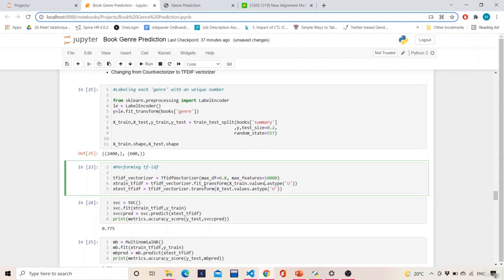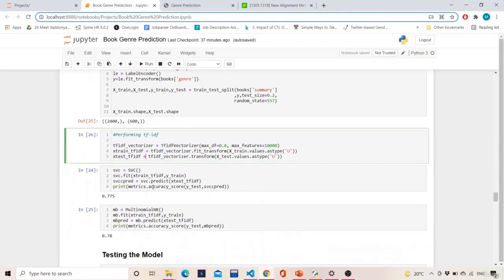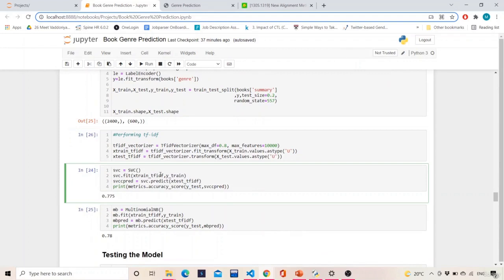So basically we need to separate it into training and validation. That is the reason why we use fit_transform and transform. Now if we execute this, it will take a little bit of time and it will return the Xtrain TF-IDF and Xtest TF-IDF. That will be a sparse matrix after all.